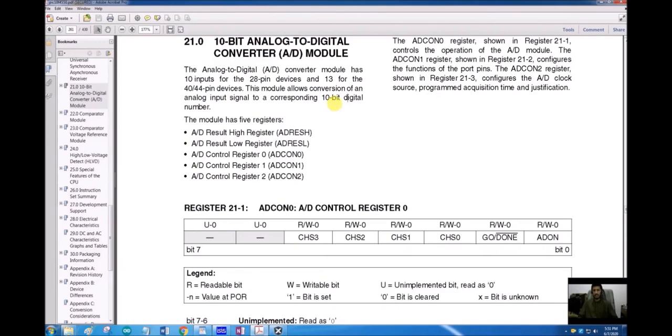The second thing is that there are 13 channels in this ADC module. So it can take up to 13 analog inputs and it can convert into digital one by one. Those 13 channels cannot operate at a time. So there is only one ADC, the converter itself is just one. It can be multiplexed with 13 pins. So we can activate 13 pins and we can then one by one switch between them.